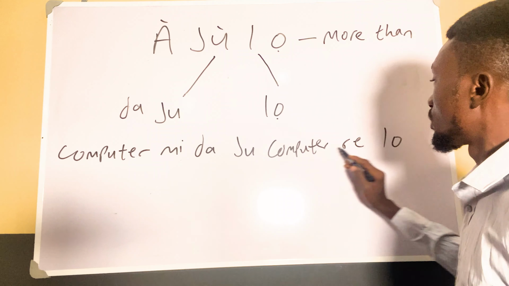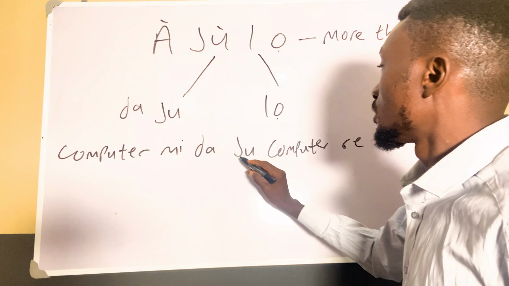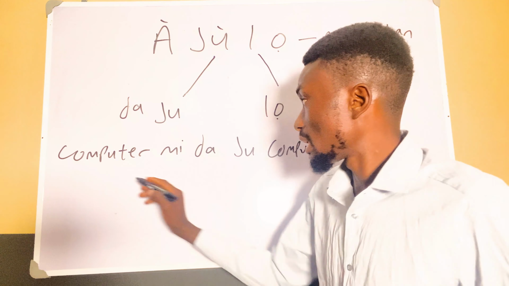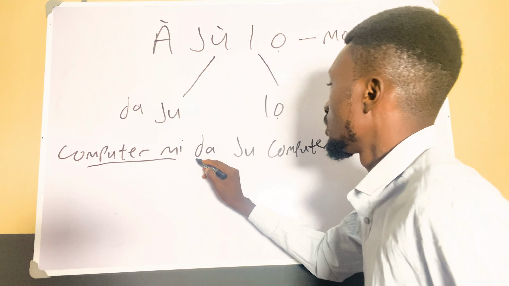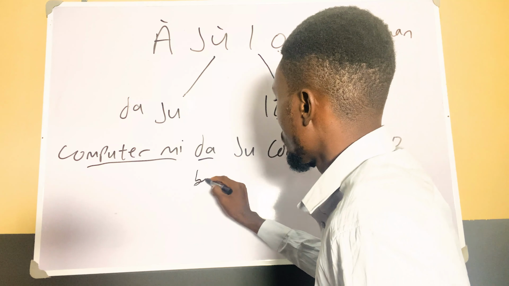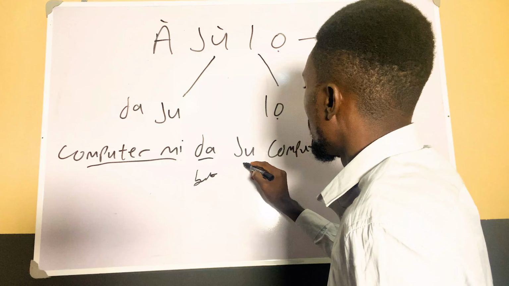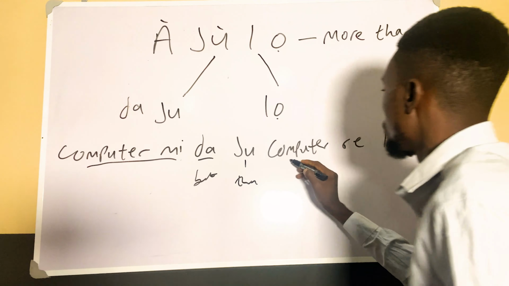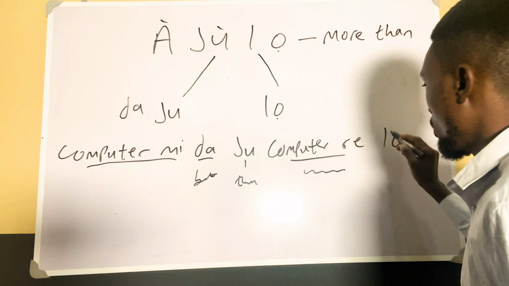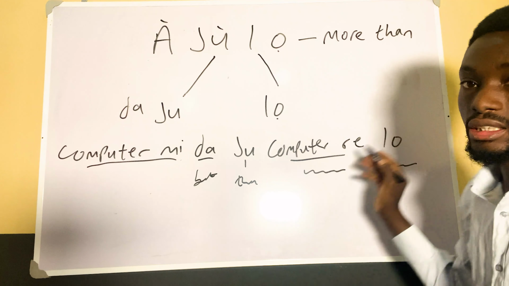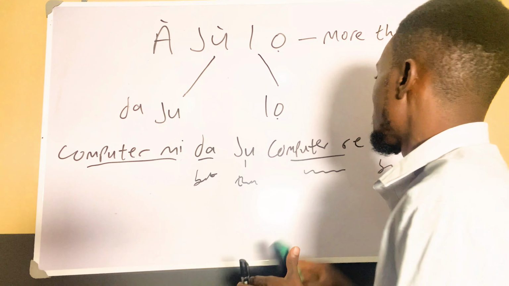Computer mi da ju computer relo. My computer mi, my computer da better ju than computer relo, your computer. The structure is a bit beyond literal, but of course we know what this sentence is saying is that my computer is